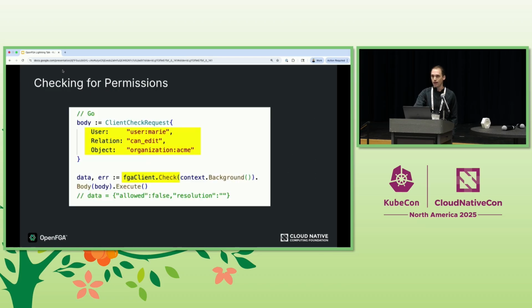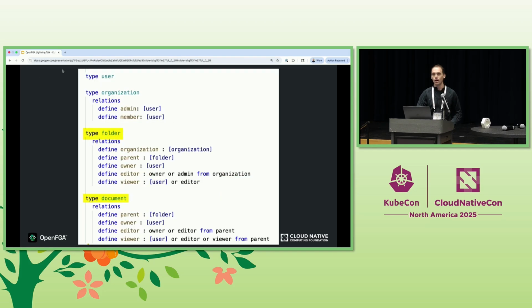Once you've written everything to OpenFGA, now you're able to check to see what permissions are allowed. You would, in this case, use the check API. Right here, we're checking, does Marie have the ability to edit things inside of the Acme organization. Now, the beauty of OpenFGA is that it makes it really simple to iterate on